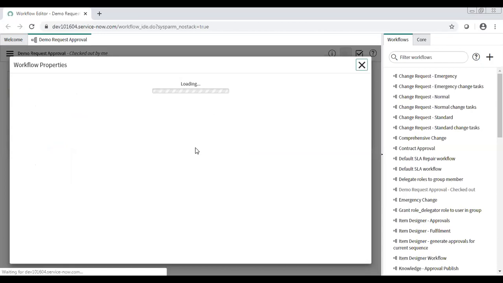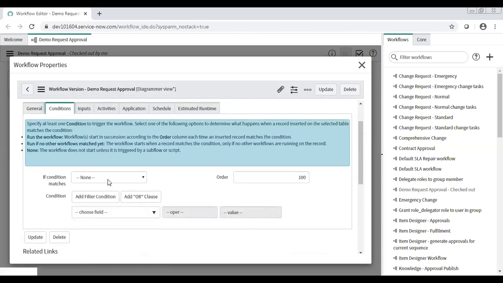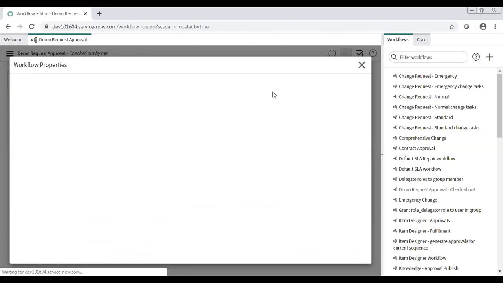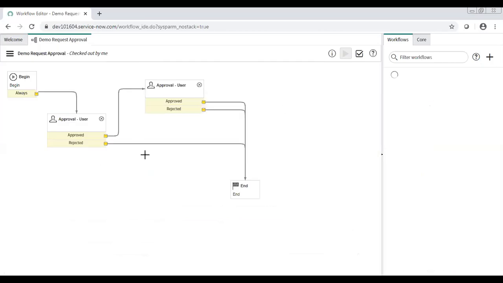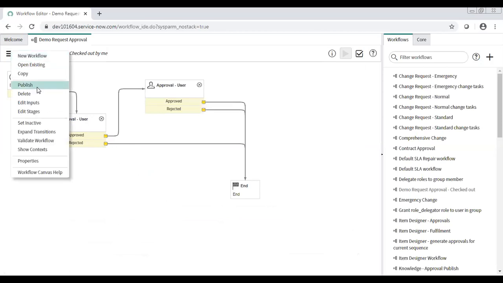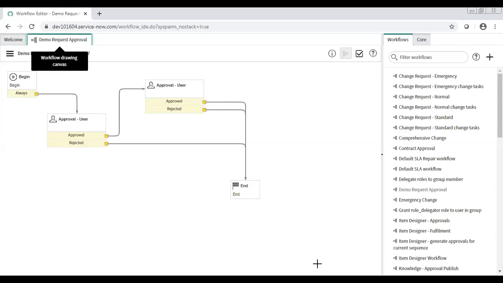I didn't define the trigger condition, so I have to go here and define it. So here you make sure you are defining the condition as well, like run workflow always, or if you have certain conditions, then only the workflow will trigger. So is this not by default? No, you have to define your conditions. It may vary according to your requirement. You may want only IT type request workflows to trigger, not for everything. So that's why you can define your own condition. So it can't be standard.